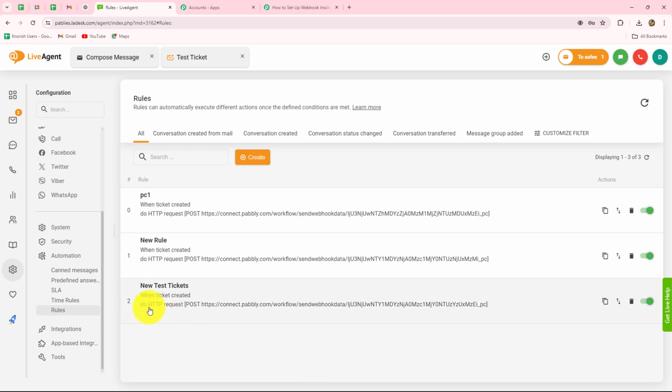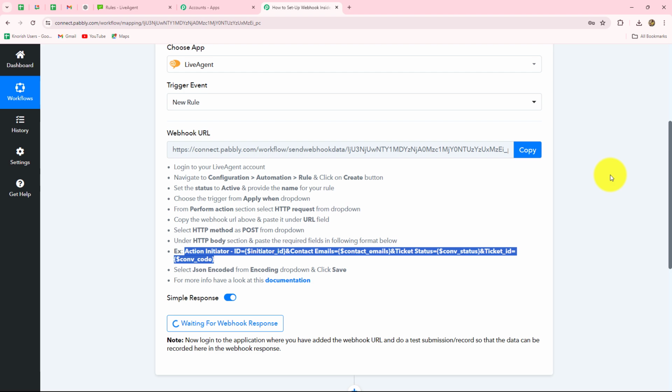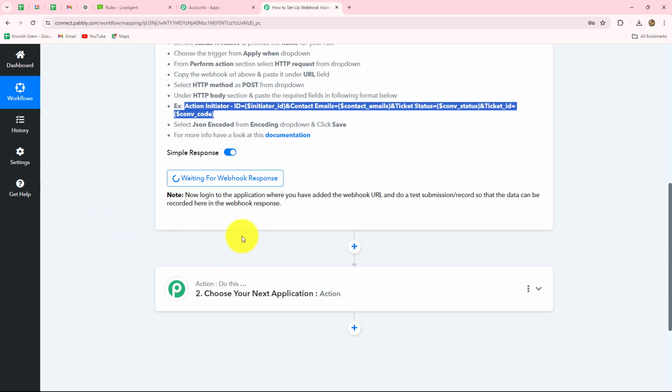And as we have done that, we can see that our rule is added over here with a webhook URL new test tickets. Let's go back towards Pabbly Connect. It is saying waiting for webhook response. This means that now we have to do a test submission to capture the response. And how we are going to do that? By creating a test ticket in